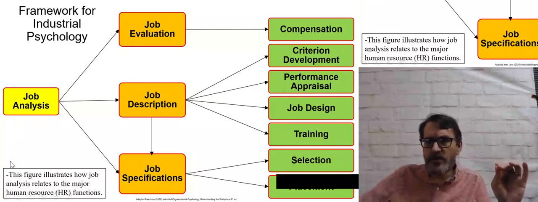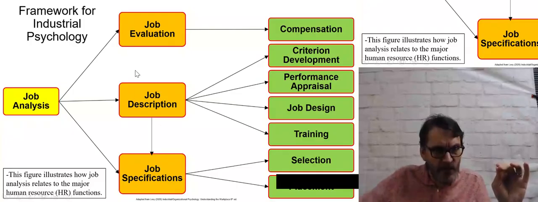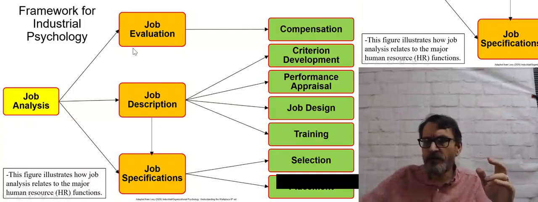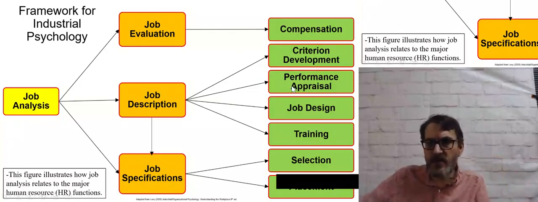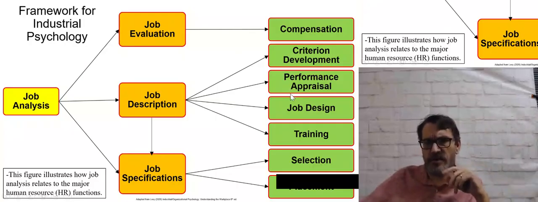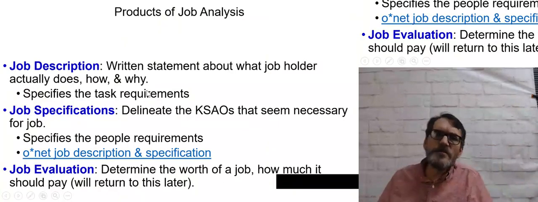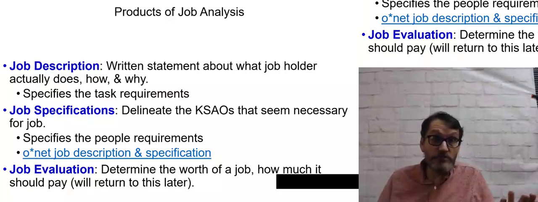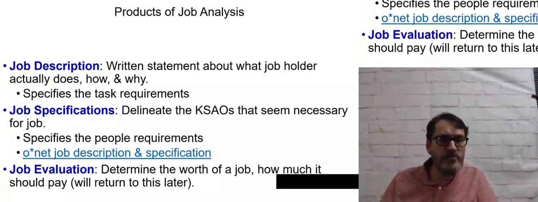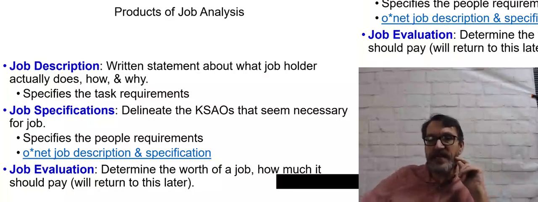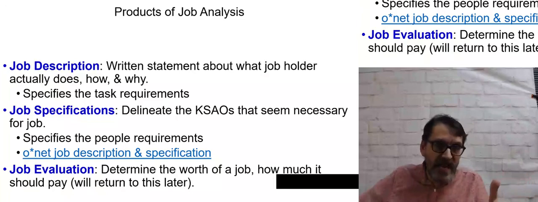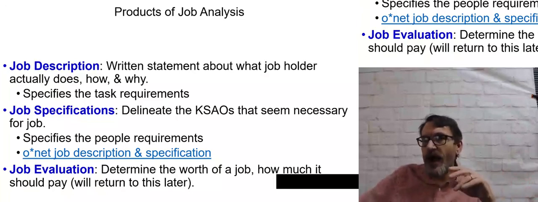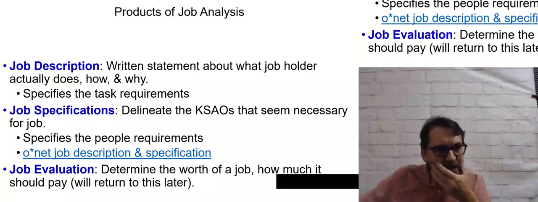In particular, we're going to talk about job descriptions and job evaluation in some detail. But clearly, we're going to have to come back to training, selection, and performance principles. These are going to be topics in later modules. So the job description is simply what a job holder does. We've all seen job descriptions. Job specification is what the KSAOs are that are necessary to be successful, and perhaps most interesting, job evaluation,